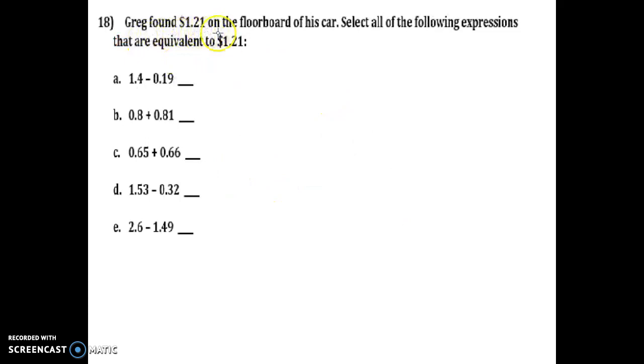Greg found $1.21 on the floorboard of his car. Select all of the following expressions that are equivalent to $1.21. I don't even want to work this one out with you guys because it's pretty easy. So this first one, all the ones that equal 121. So we're going to do 1.4 minus